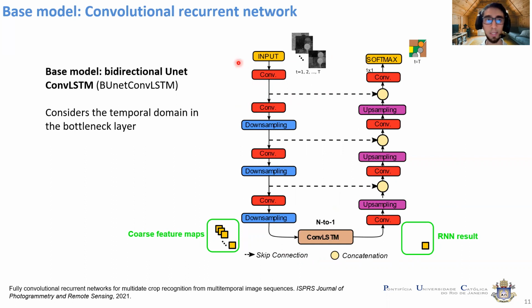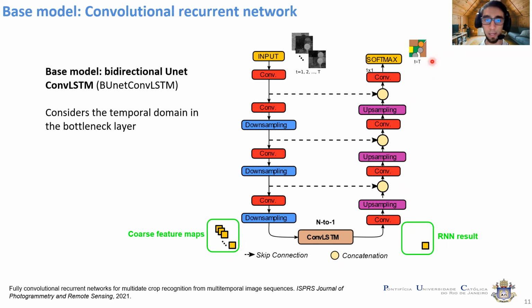In this work, we use as a base model a convolutional recurrent network, which is a combination of a UNet with a recurrent network. As an input, we have a sequence of images, and they are applied to an encoder with successive convolution and downsampling operations. The result is a sequence of coarse feature maps, which are the input to the recurrent network. This network is configured as N-to-1, so we produce only the last result. And then we apply a decoder to this feature map for the final